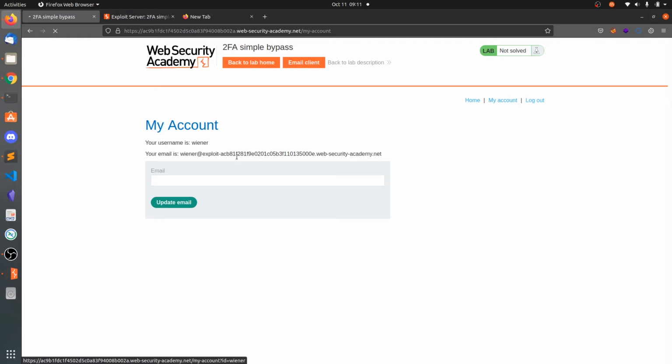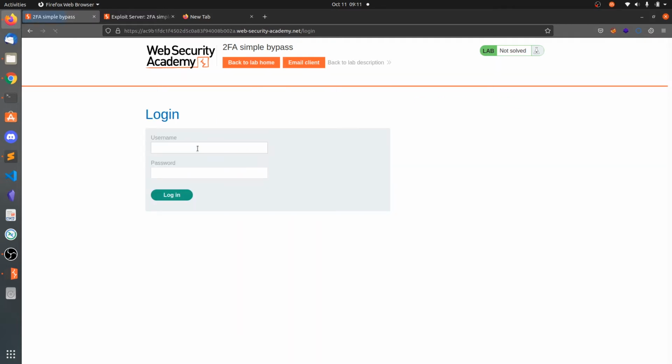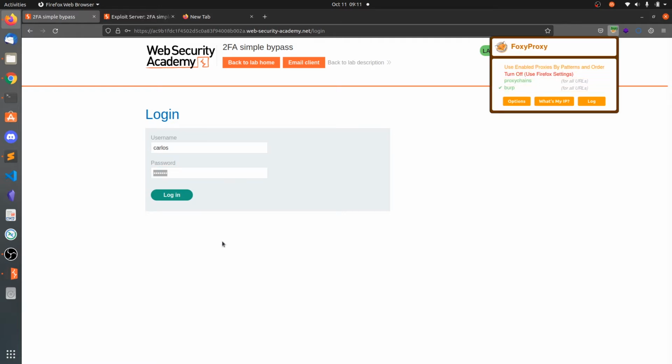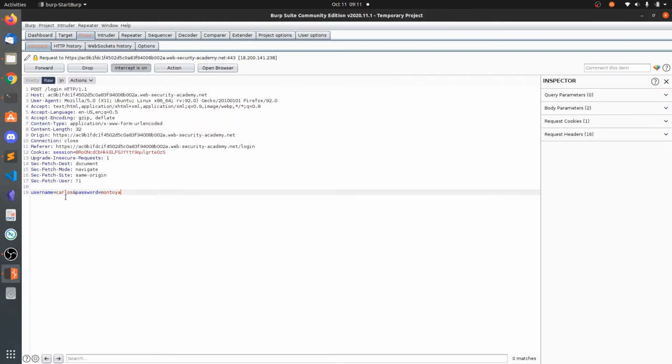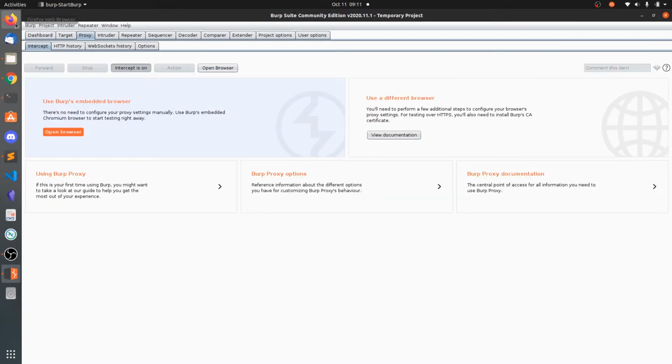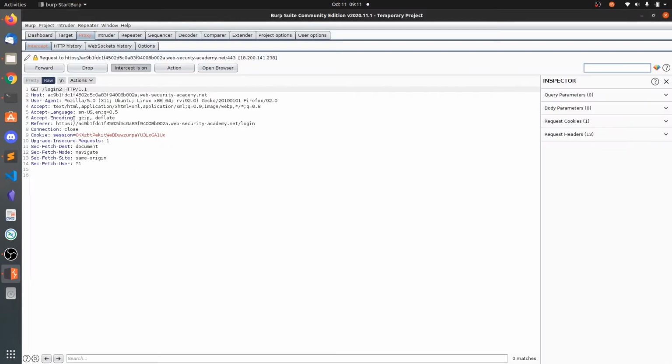So let's log out this and let's try to log in with the Carlos user, Carlos Montoya. So now what we're going to do is we are going to intercept this request. So username and the password. So click on forward. Now you can see GET /login2. So before in the previous request we have sent the credentials. At that state we'll be in like a semi logged in state.